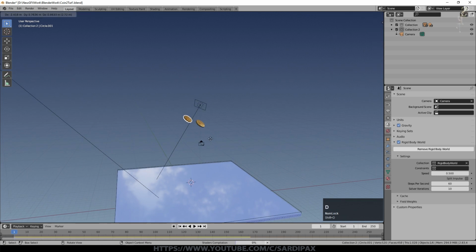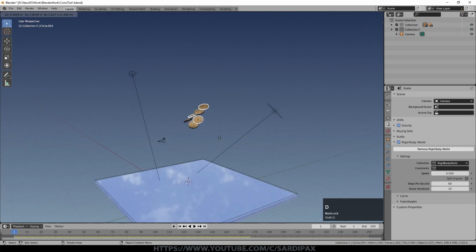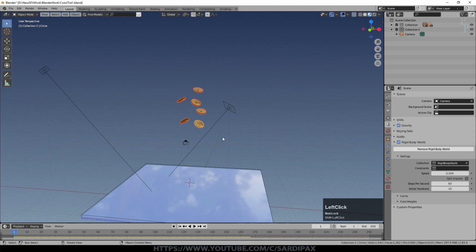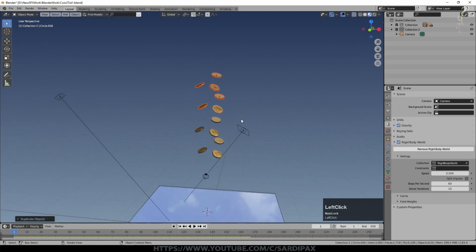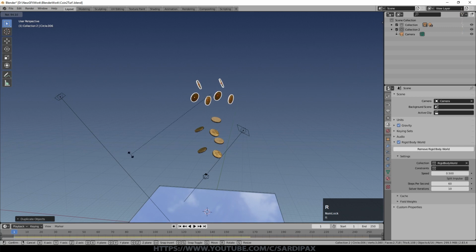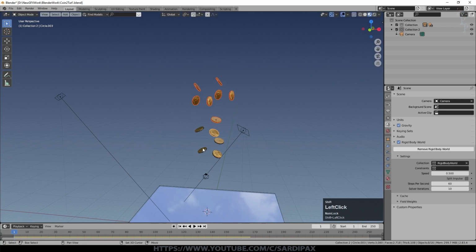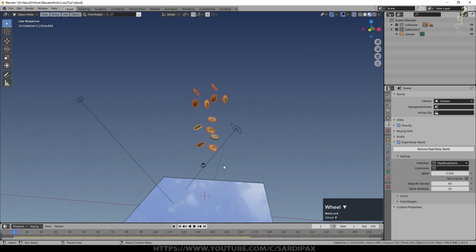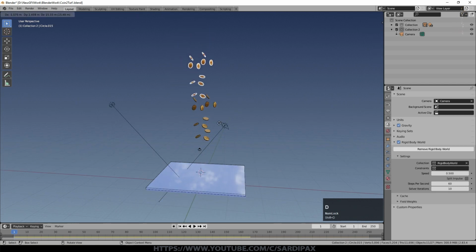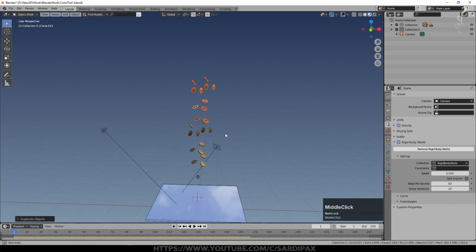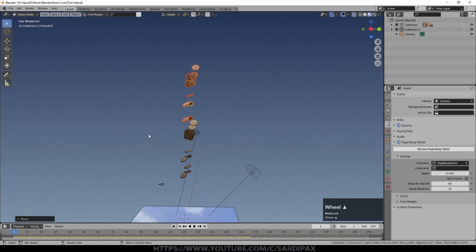So now I'm just going to duplicate this coin. I'm going to give them all some fairly random angles, and then I'm going to select all of them like that, and then again. So depending on how long you want the coins to fall, you are probably going to need quite a lot of coins. And as we can't instantiate physical objects with particle systems, I'm sure you can do it with scripts. This is how we do it.